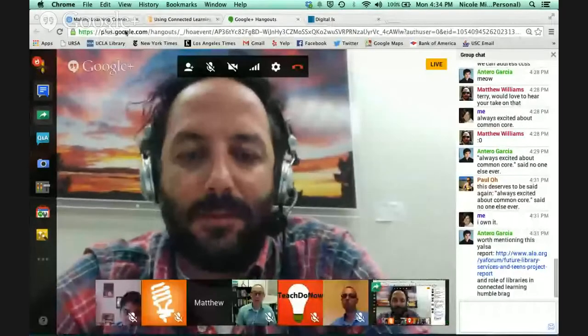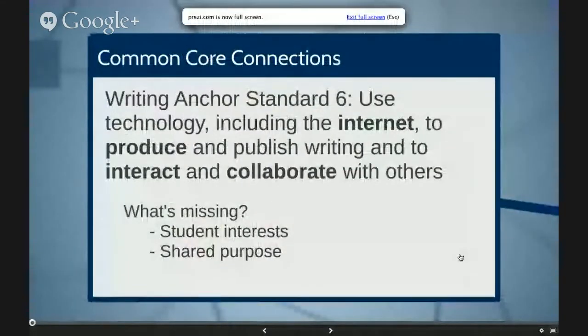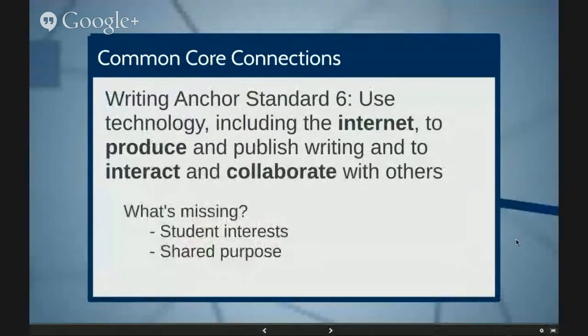I'm going to try to share my screen for a second and show you guys an example of a Common Core standard and how I think I can see some connections. So can everyone see this standard right here? Yes. Okay. So this is part of a Prezi, which, by the way, I gave the link to Matt to share eventually when this webinar goes up. This is a Prezi that I created to help teachers think about how to integrate connected learning into their teaching, and I made it reusable and public, so you can actually take this and show this to anyone you'd like and play with it and remix it.